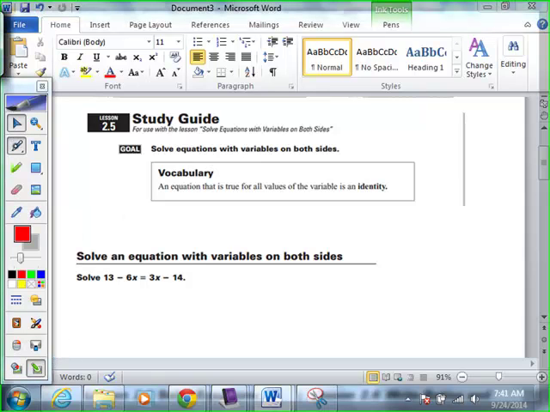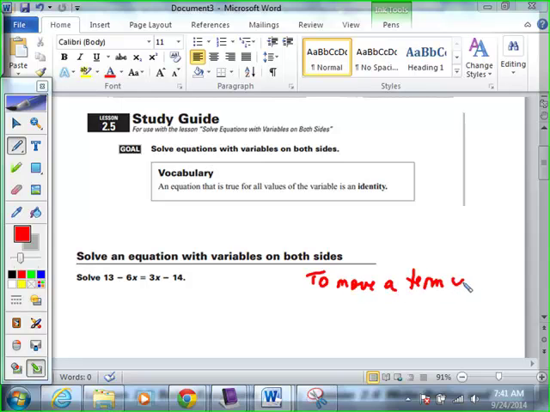The first thing you want to do, if it's necessary, is simplify each expression. Remember, the expressions have one or more terms separated with addition or subtraction. And here we don't have any simplifying to do. So step one, there's nothing to do as far as simplifying the expressions. So then you just make a decision. Do you want to move the variable term to the left or to the right? It doesn't matter, there's no right or wrong answer here, but I want you to write down